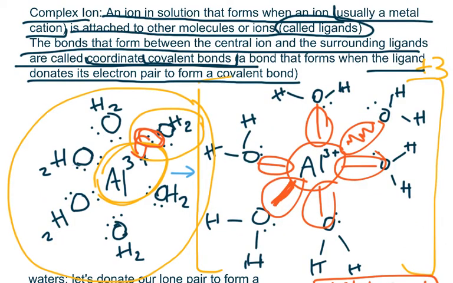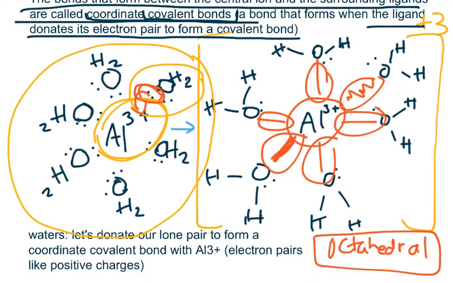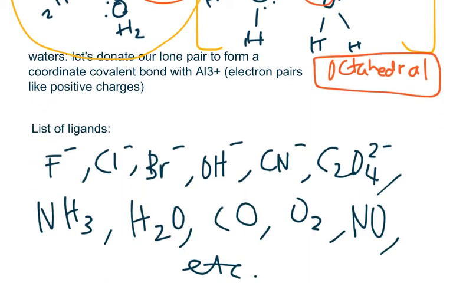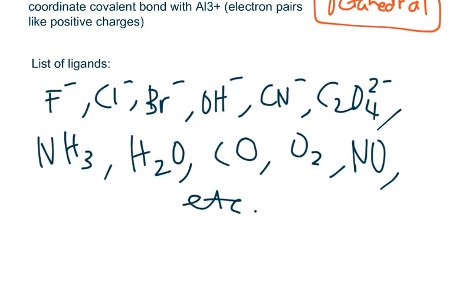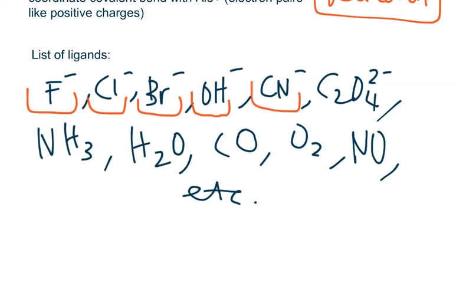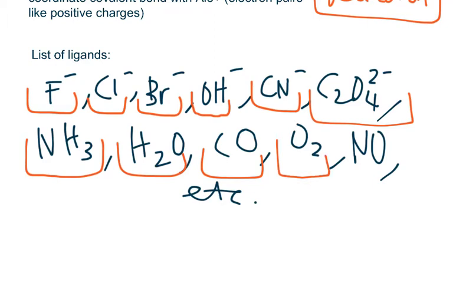So now let's talk about some ligands that we can have. For the ligands, we can have water, of course, but what about the other ones? Well, here's a list of many of the ligands that you can have. So we could have the fluoride, the chloride, the bromide, the hydroxide, the cyanide, the oxalate, and some neutral compounds as well, such as ammonia, water, carbon monoxide, oxygen gas, and nitric oxide. Now, complex ions will be discussed in a future unit in way more detail than what we're doing here. So for now, just know these things,